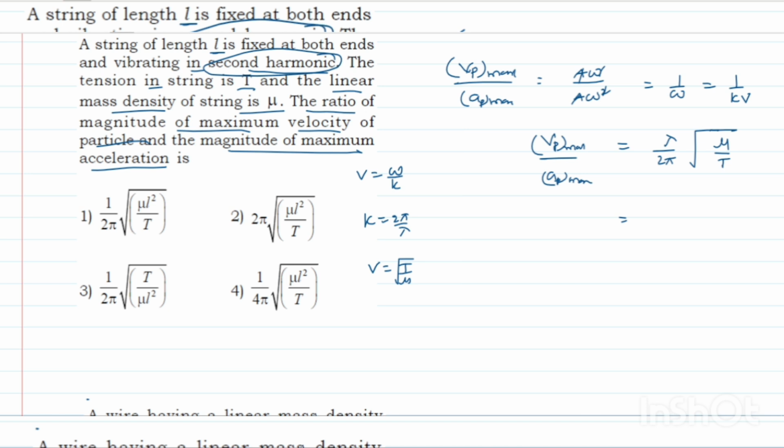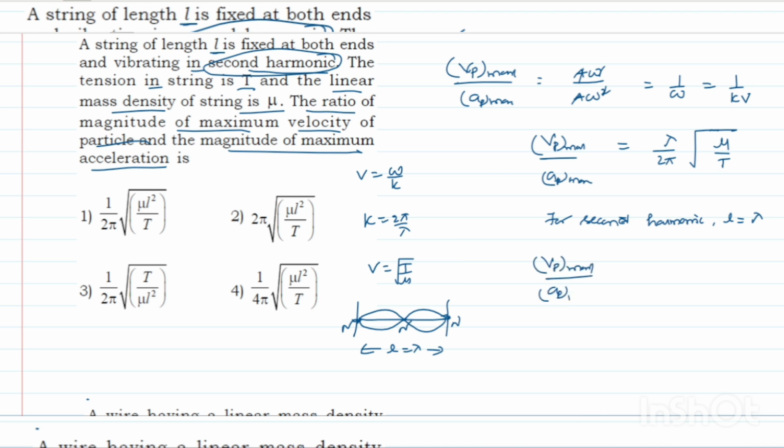For the second harmonic, the second harmonic means two segments are produced, and the length of the string is nothing but the wavelength, with node points at both ends. Then you have to substitute the maximum velocity by the maximum acceleration, which is equivalent to, lambda is nothing but L, so L by 2 pi